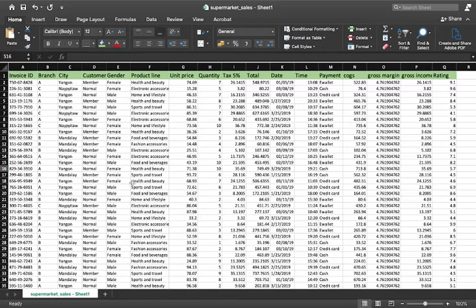Now, without wasting any time, let's start creating our dashboard for this data. First we'll start creating the pivot table for our data. If you haven't watched the previous video, I suggest you first watch that video wherein we discussed pivot tables and charts, and after that it will be much easier for you to understand this video.